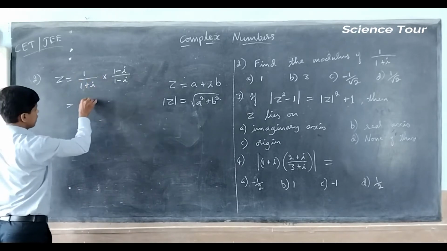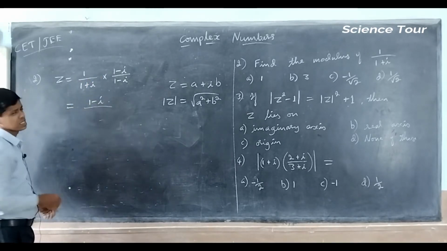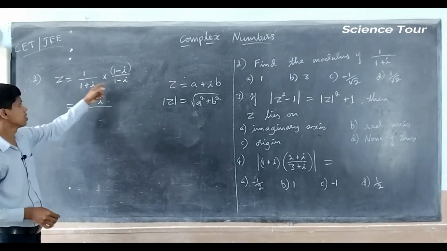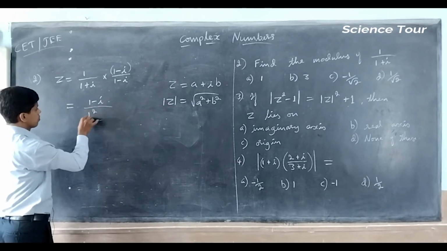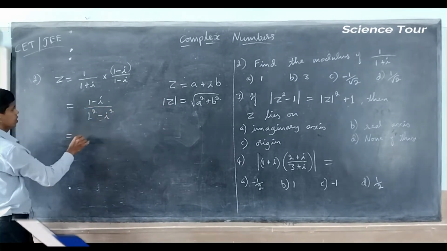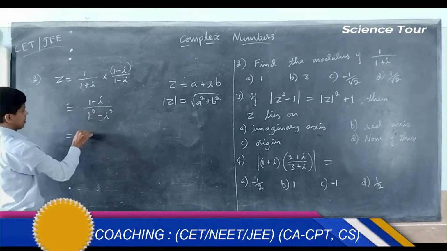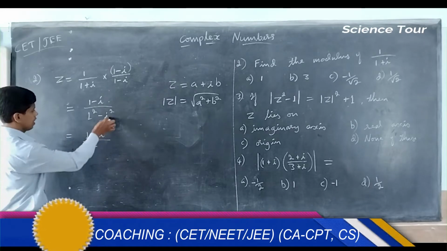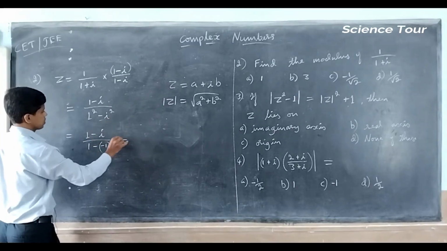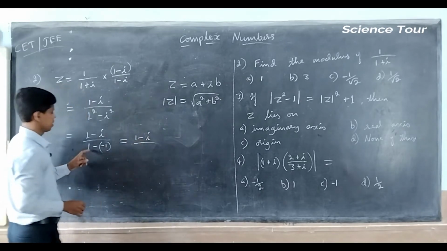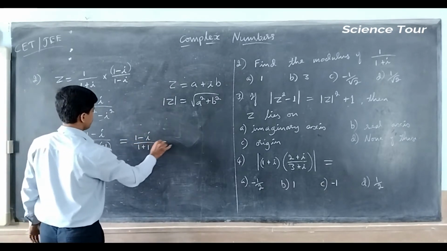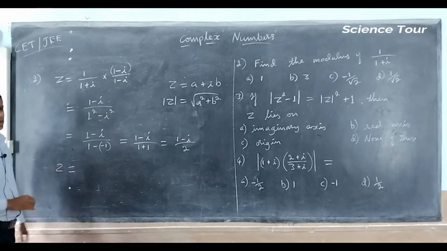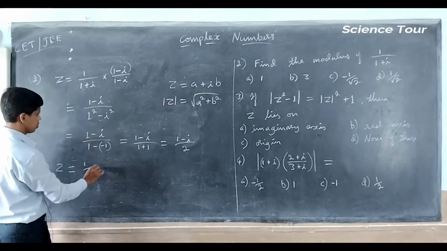Now multiply. The numerator is 1 minus i itself, because it's multiplied with 1. And the denominator is a plus b into a minus b, therefore it is 1 square minus i square. i square is minus 1. So this is 1 minus i divided by 1 plus 1, which is 1 minus i by 2. Hence, what is the complex number z? 1 by 2 minus